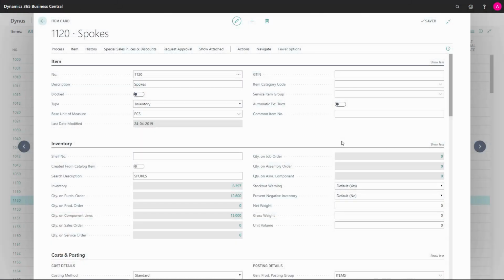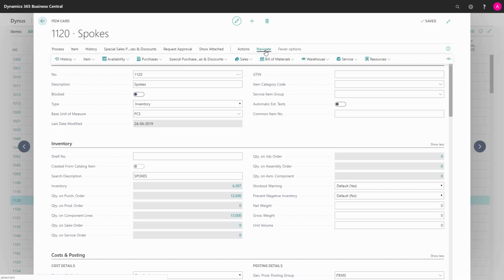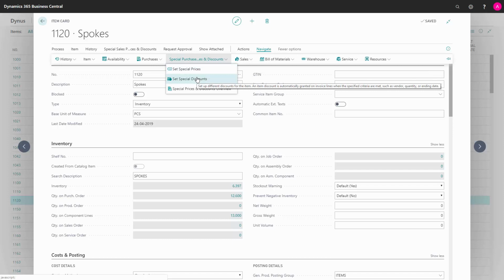If you have defined specific prices per item per vendor, it will have effect when you create purchase order lines for that vendor for that item. Let's take an example here from my item 1120. If I go from navigate into my special prices, I could define special prices or special discounts, and that's actually